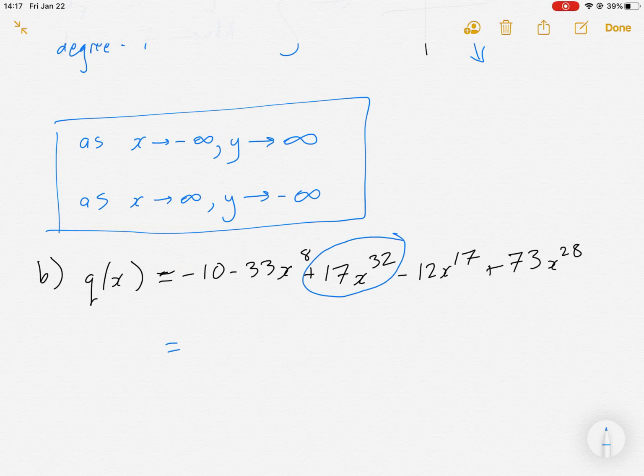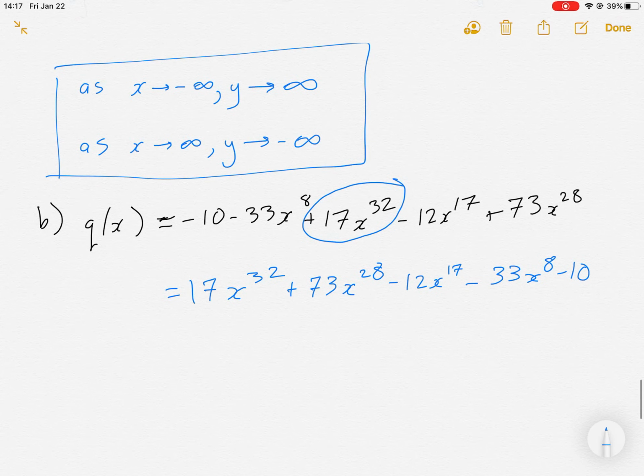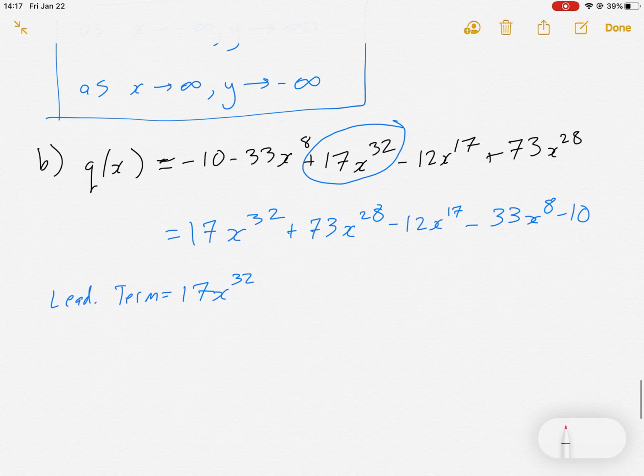So this in standard form would actually be the leading term. You don't have to rewrite it, but if we were to do so, you would do something like this. Right, so this is now in standard form. We have the largest exponent first and the rest are all lower than it. So our leading term is 17x to the 32. You'll notice that the leading coefficient is positive